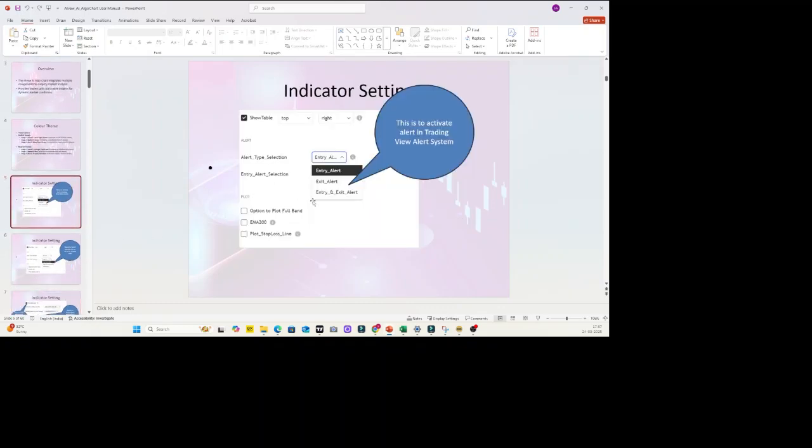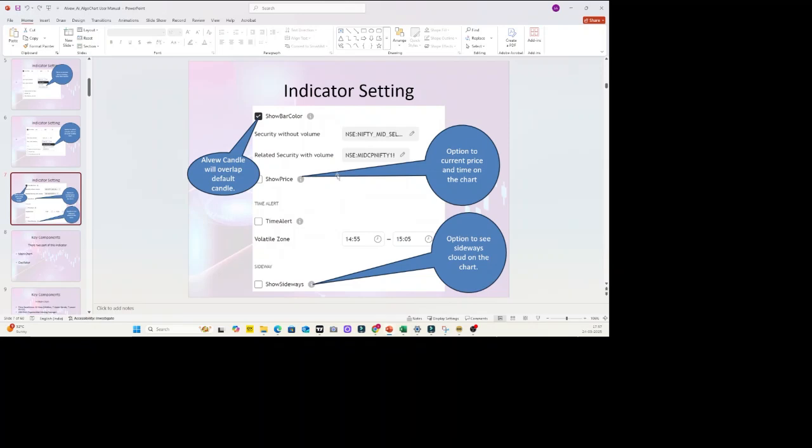Now coming to the system. This is the setting where you have the choice to activate alerts only for the entry, only for the exit, or for both. Then we have the option